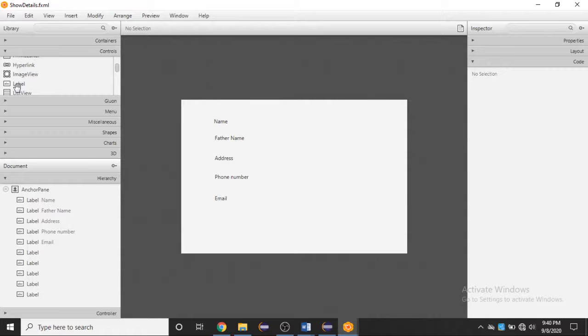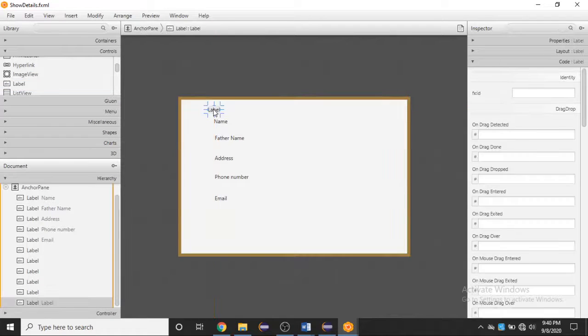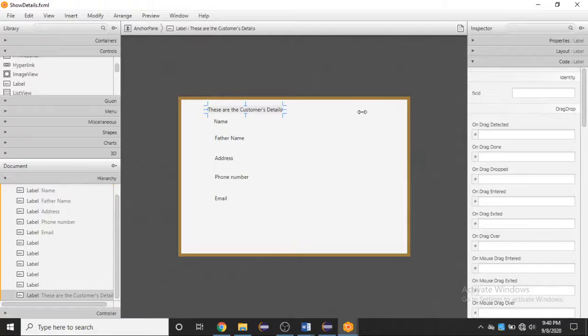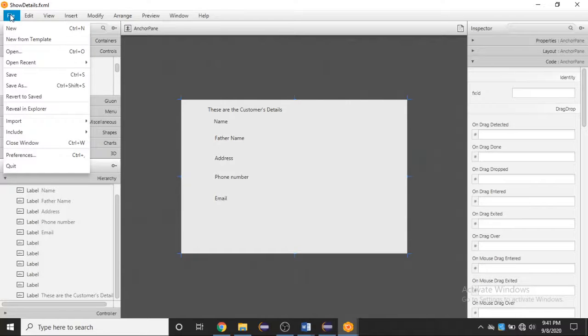Now here I am giving a heading: these are the customer details, so it will print and it will take our data from the add customer page. Now I am saving this.